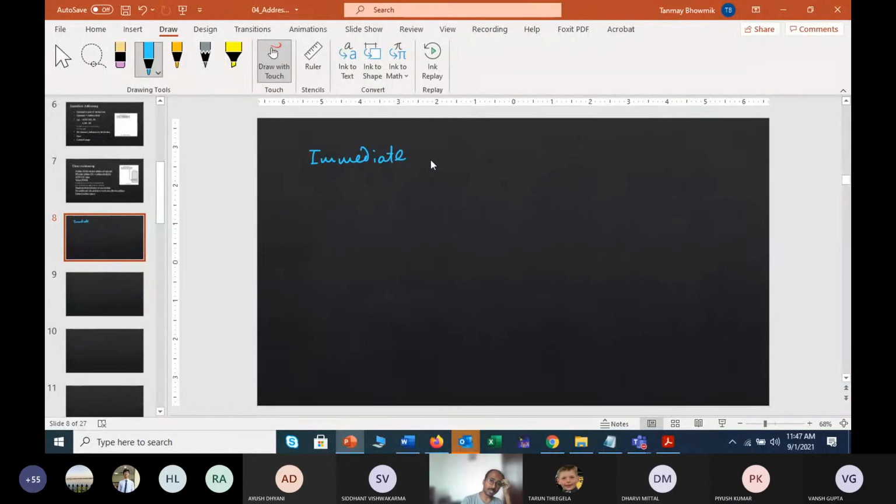The example we gave that day: if I am taking your class in the lecture hall and you are all sitting here, and I ask for any copy or any other thing, if that data is present with you, you can directly hand it over to me, right? So you are not accessing any separate memory location. That means the operand is itself in the instruction.